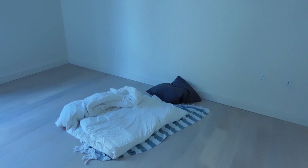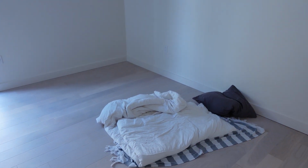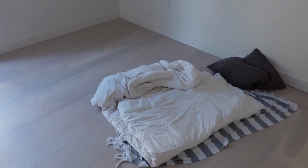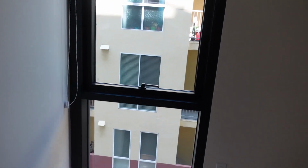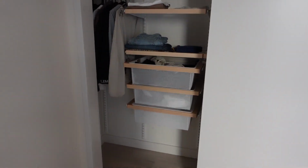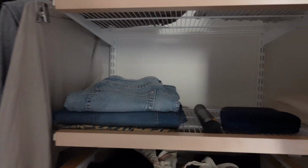This is what I slept on last night because I got in at 12:30 at night and I couldn't buy an air mattress. Everything's closed and I just cocooned myself in my duvet. But I'm gonna get an air mattress after this. I have this window, opens a bit. I have my big closet. Again, I don't have all my stuff here yet, so everything is very empty. So we have that. And I'm not gonna open the other door because I don't have time,